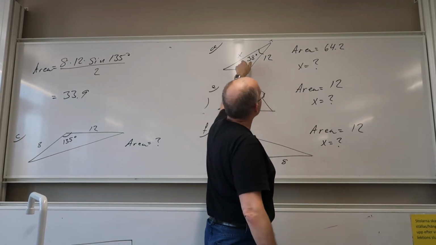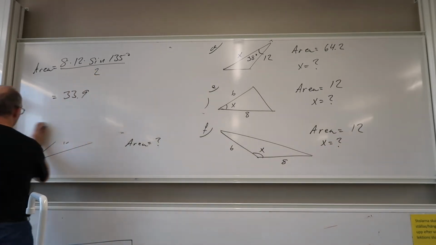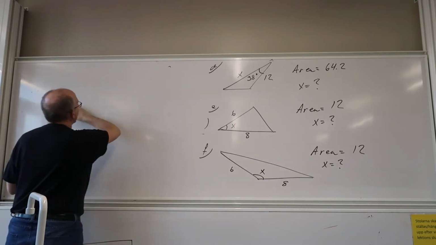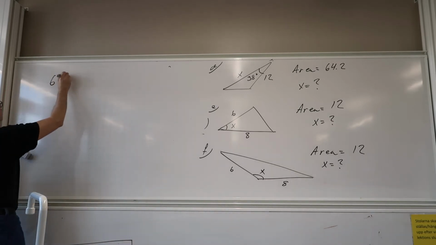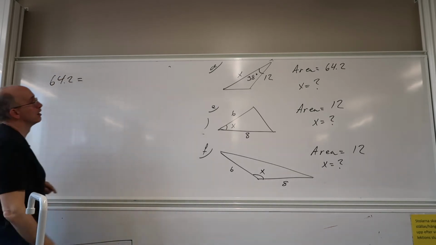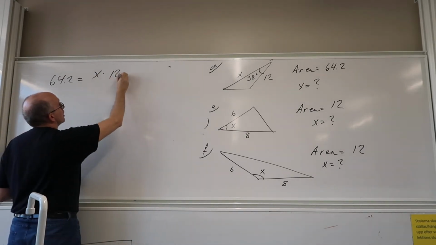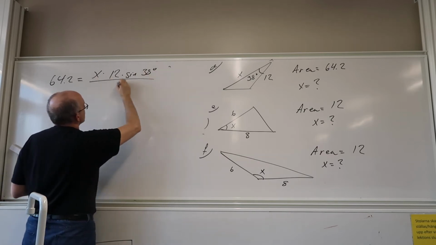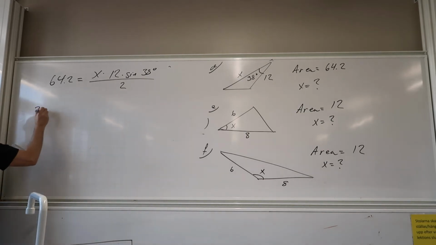We know the area, we're going to find the side. Well, we're going to use the area rule. The area is 64.2. And then we have side times sin of the angle in between divided by 2. And then we solve this equation. 2 times 64.2